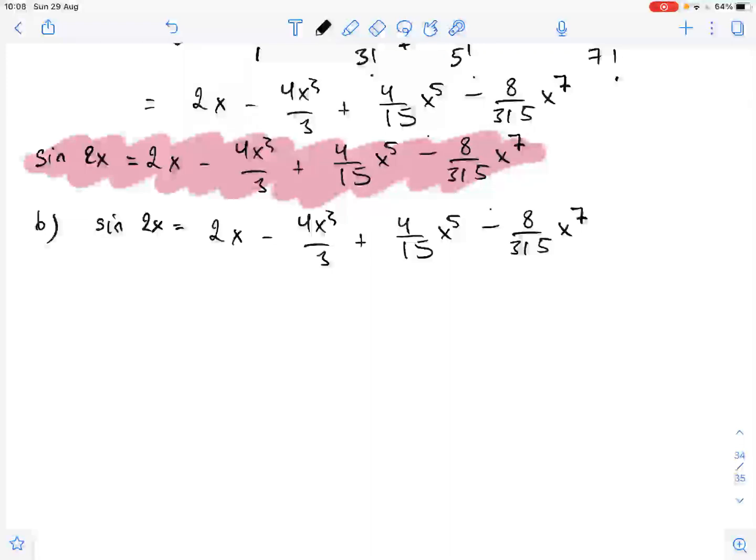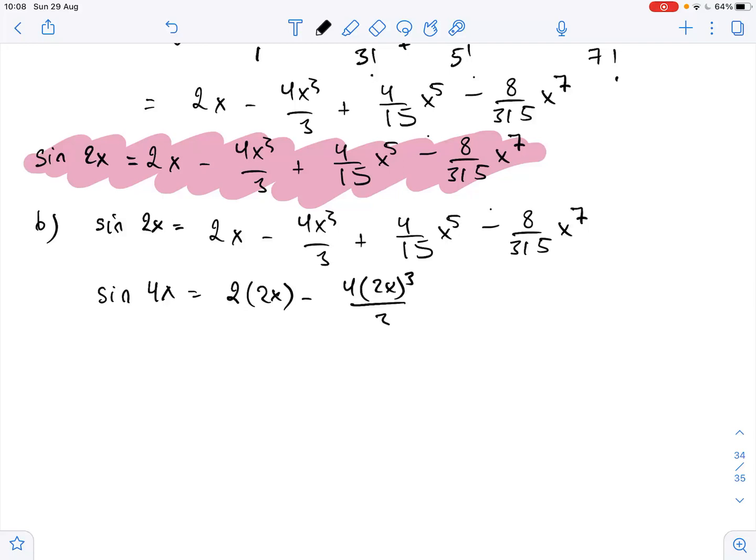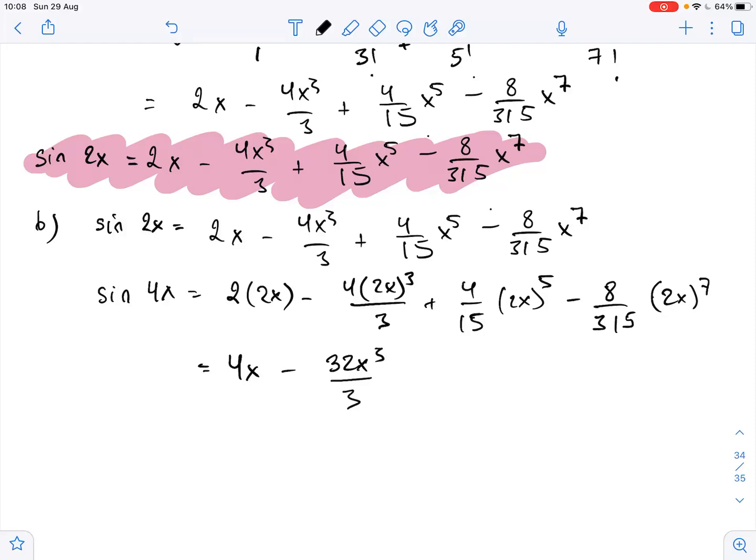Then if you want to find sine of 4x, we just replace x with 2x. So sine of 4x equals 2 times 2x minus 4 times 2x cubed over 3 plus 4 over 15 times 2x to the 5th power minus 8 over 315 times 2x to the 7th power,